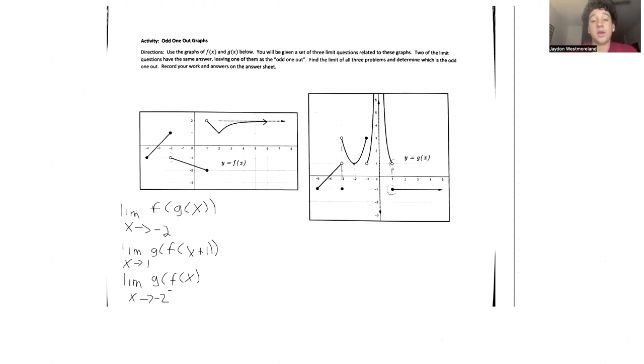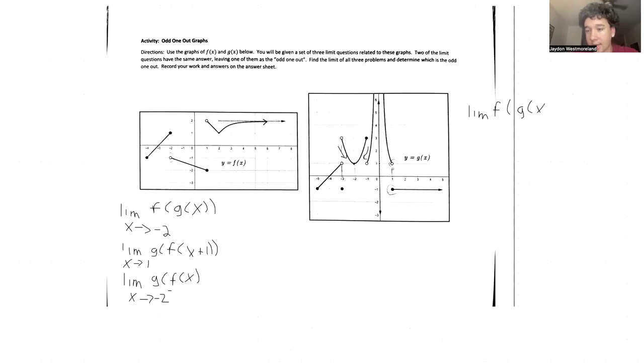The reason why this is a special case is because we have to look again, very important, at the behavior of the function as it's approaching the point. Notice that over here in g of x, as it's approaching negative 2, we are coming from the positive side in both directions. So if I could rewrite this limit, let me just rewrite the limit over here. When I take the limit of f of g of x after I find the point,